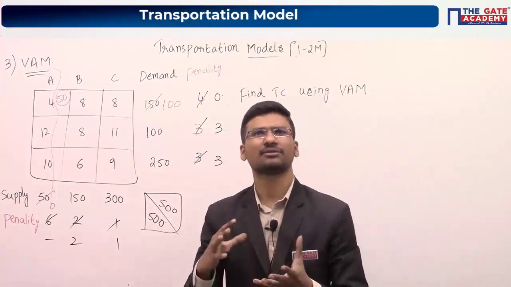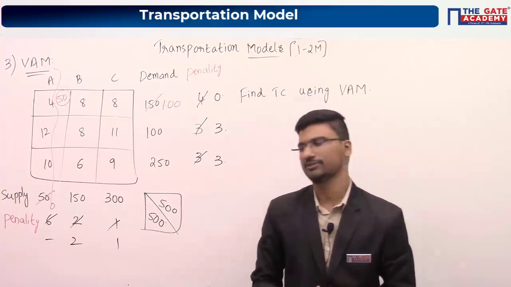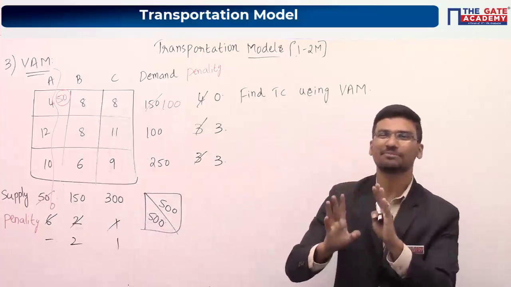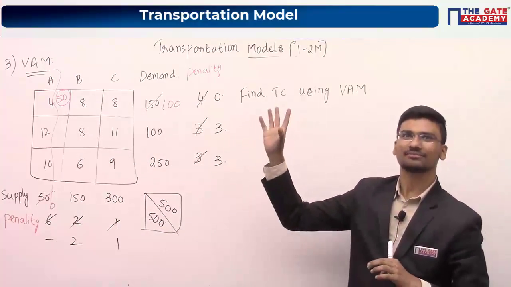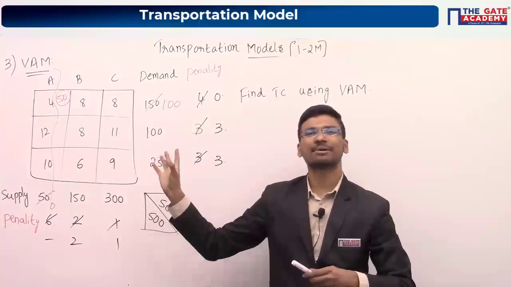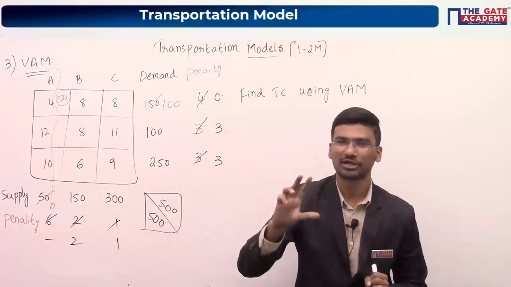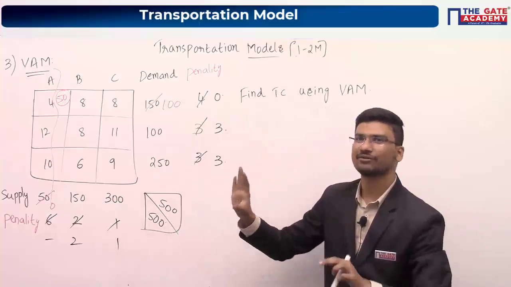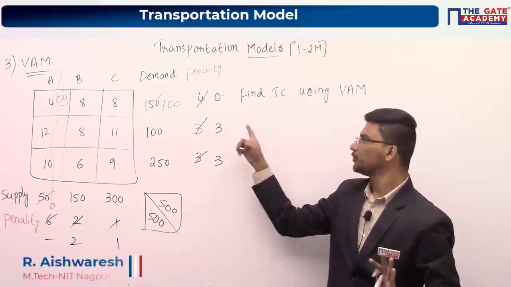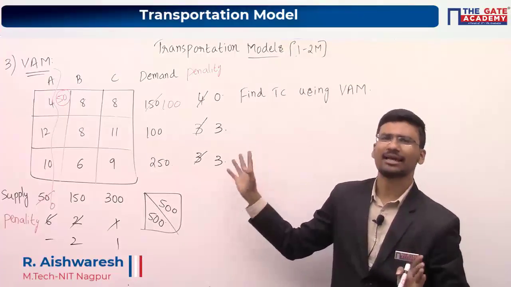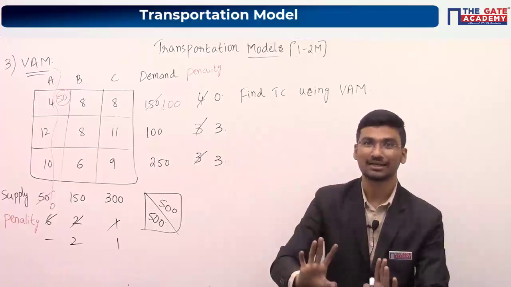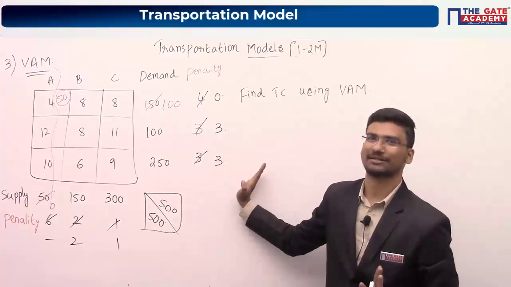Okay, so you are saying that we have to break ties arbitrarily. Please think. In the LCM method, we went to a cell where maximum allocation is possible. But in the VAM method, we cannot conclude. You can break these ties arbitrarily or randomly. You can choose any value between these two. You will get the same answer, but only for this question.